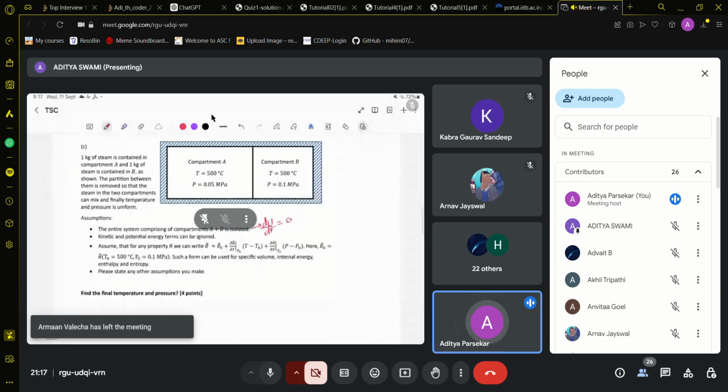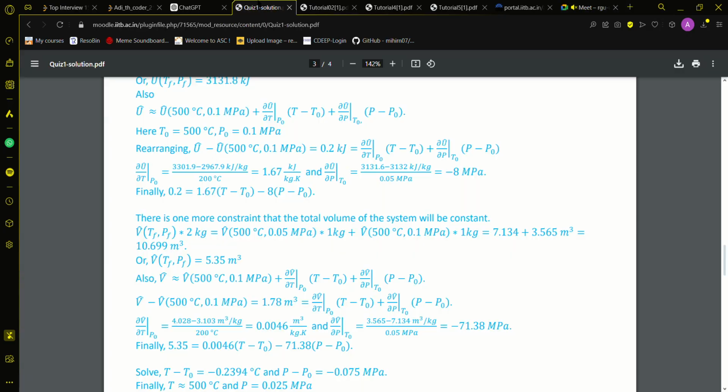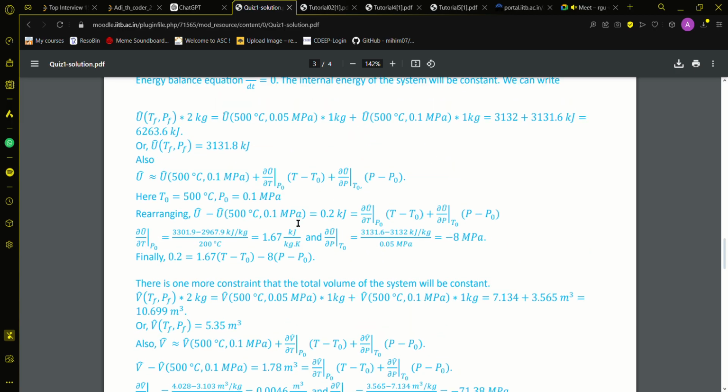Okay, sorry for that. So basically, the assumptions are the entire system comprising of the compartments A plus B is isolated. That's du by dt is 0. The kinetic and potential energy terms can be ignored. And this is another property that is given to us, that is theta cap can be written as theta naught plus whatever this expression is. So what we need to do is